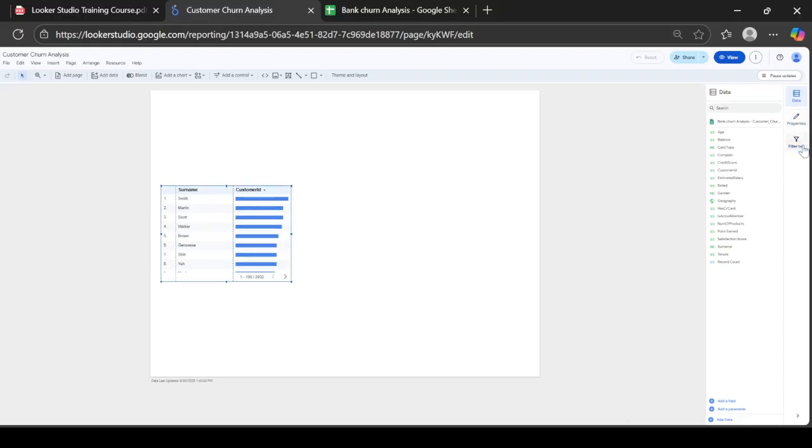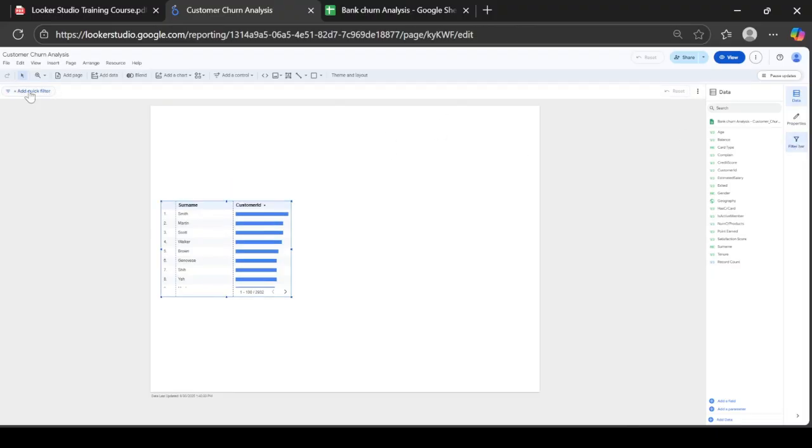And then for the filter bar, I think you noticed something. So let me click on it. You can see the filter appears over here. So this quick filter means that it will be applied to the whole report. What do I mean by that? It means that if I add a quick filter, for instance, let me say geography is for Spain only. So it means that any report that I will add in this particular dashboard will specifically be based on